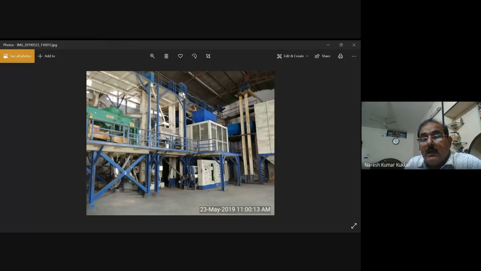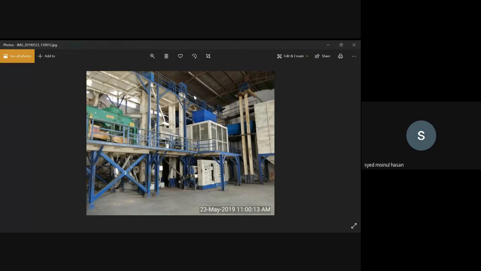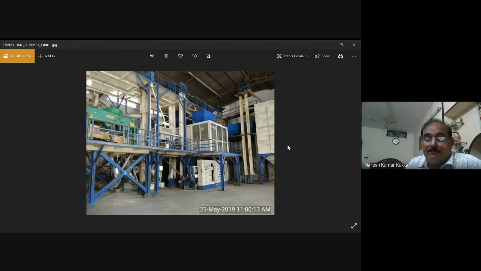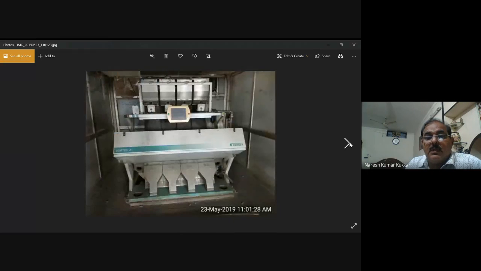This is a 3-stage area because everything comes from outside and goes downward in a sequential manner. This is a Sortex machine, Bhullar make Sortex Z Plus. It's a 4-channel machine. What it does,